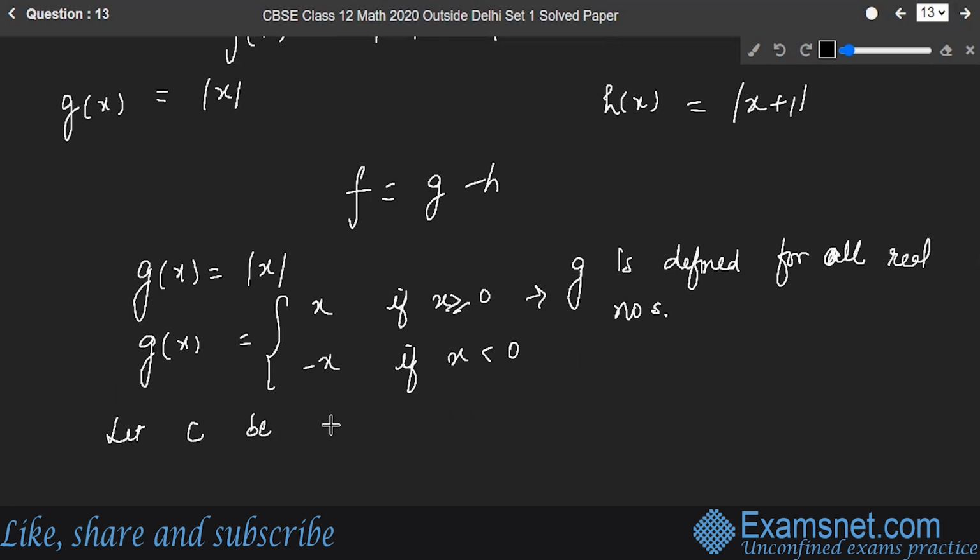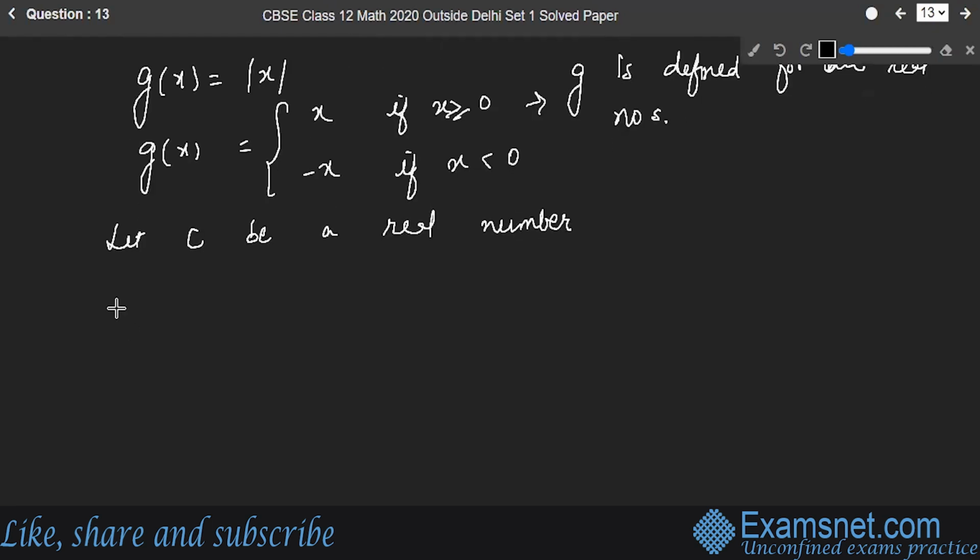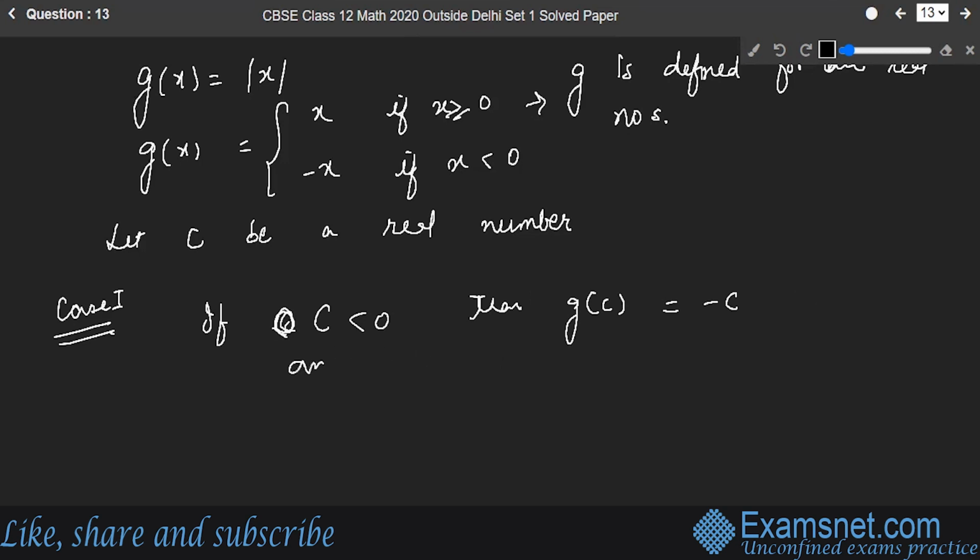Let C be a real number. So first case, if C is less than 0, then g of C will be equal to minus C, and limit of g of x as x approaches C will be equal to limit of minus x as x approaches C. This is equal to minus C. Therefore,